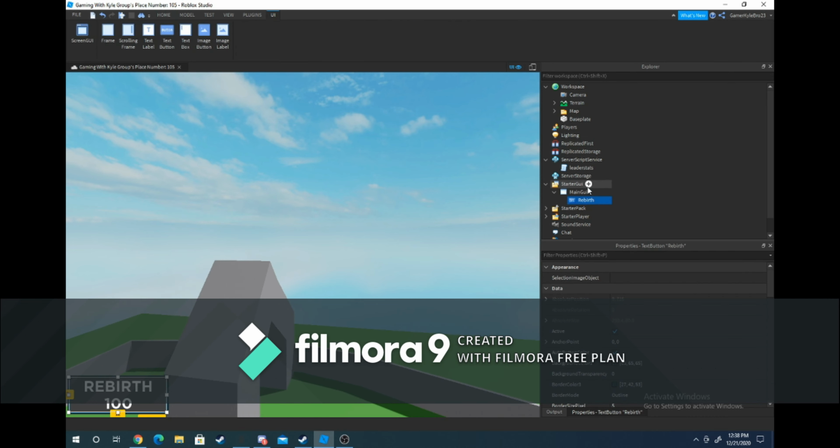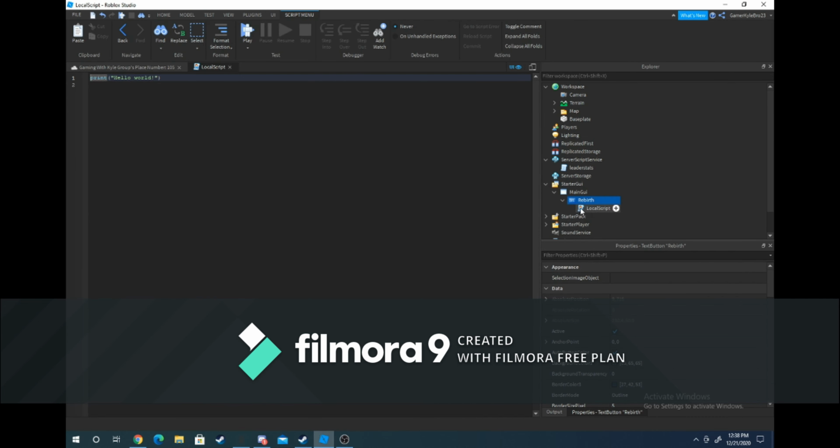Okay, now what you're gonna want to do is add in a local script. Just name it RB1, and you can duplicate that and name it RB2, and put RB2 disabled equals true. So what we're gonna want to do in RB1, we're gonna do